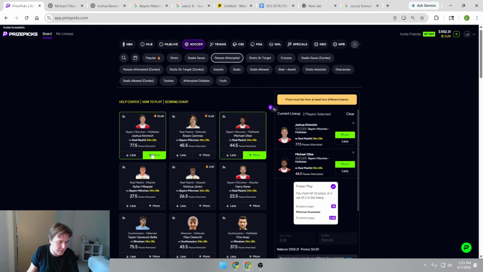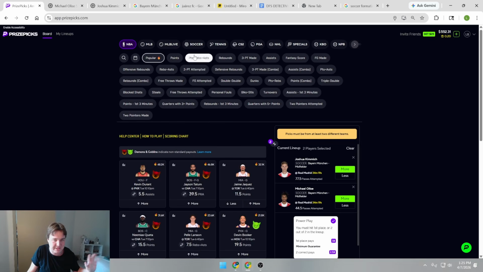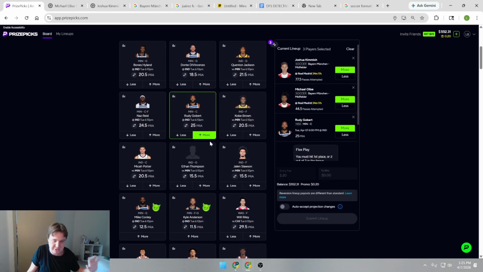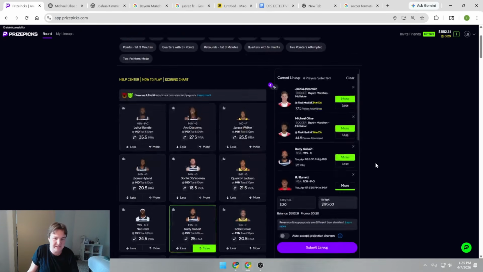Now, there's a reason why I take guys over together, and I'm going to use just some random MLB props, or let's actually just do some random NBA props. Again, these are not picks that I like. I'm just clicking random buttons, all right? I'm just going to click 2 random buttons here, okay? Now, you will see